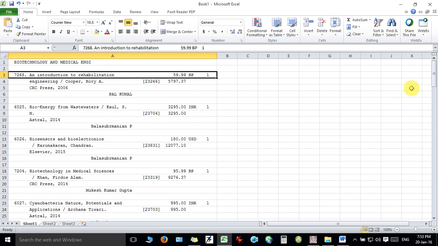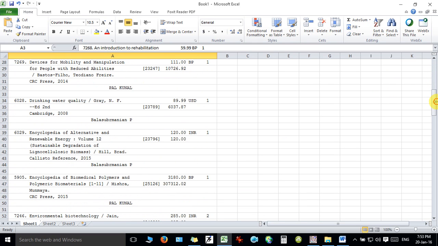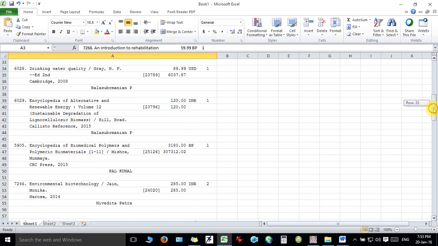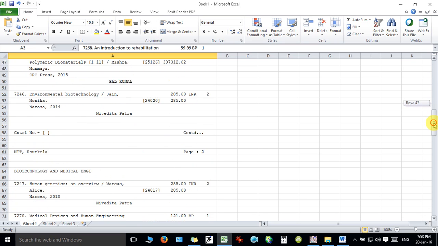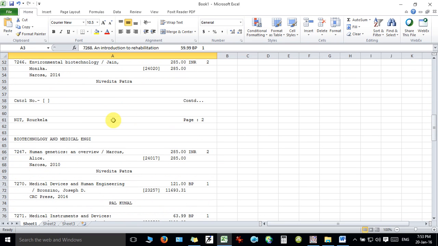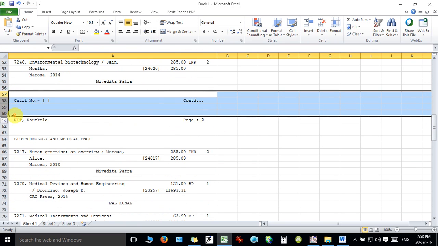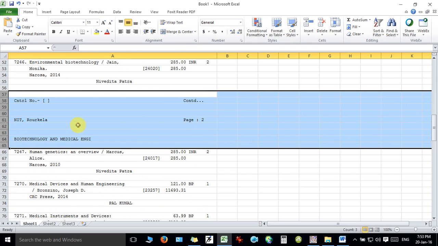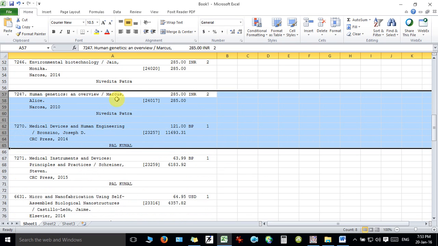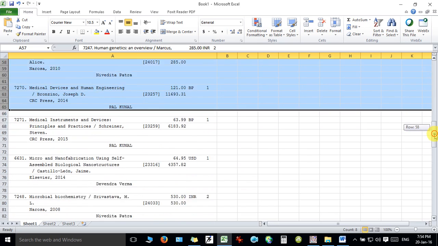But before we proceed, you have to clean this file, because you will notice when you generate the particular report, it generates the report page wise. So after every page, automatically it adds some information which you need to remove in order to get the proper report when you finalize the file.